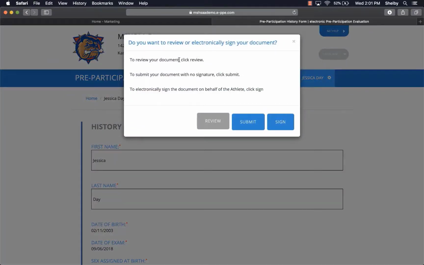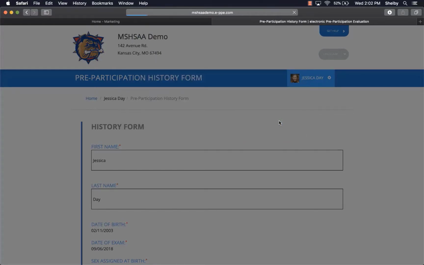They can review it. They can submit the document without a signature, which will mean it is not 100% complete, or they can electronically sign now to complete this section. When you click sign,